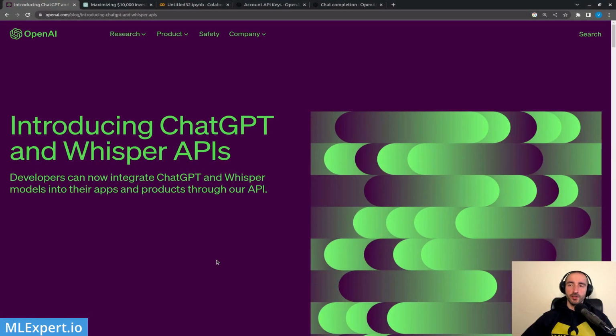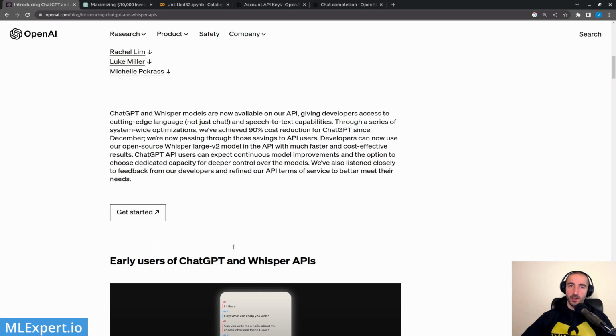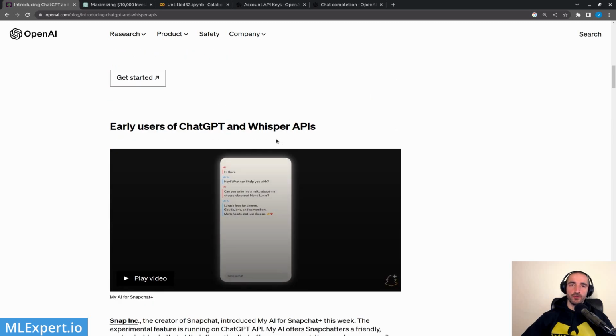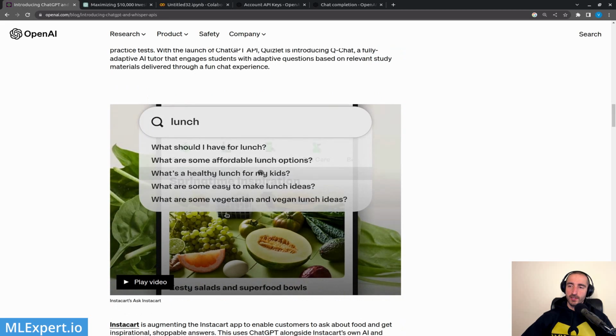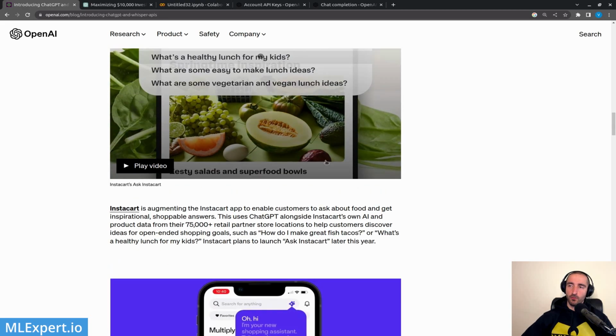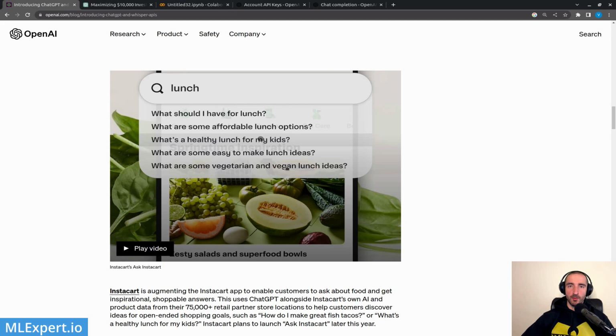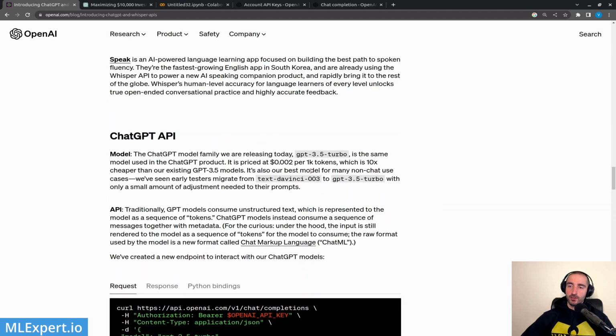So OpenAI have introduced the ChatGPT and Whisper APIs at the same time, which is great. And they are already showing us examples of people that are using the APIs within Snapchat, Quizlet, then Instacart. You can watch the videos over here with some of the suggestions or the ways that those companies are already integrating the API. But the important thing here is the API part, and they are discussing basically the GPT 3.5